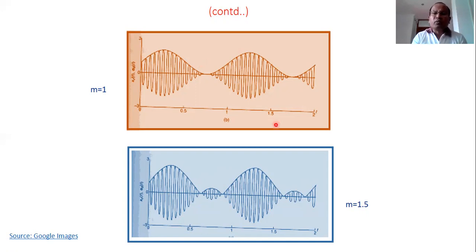Now see the third scenario. When it is 1.5, can you look at here? Interesting thing. Both the sides, they are overlapping. There is an overlap. There is an interference. This overlap causes distortion in the system. In communication systems, in telephonic conversation system, sometimes it results in the form of crosstalk. You are talking to one person, but you are hearing the voice of some other person. You are able to receive the voice of two persons. One is the intended sender, and one is an unwanted, undesirable sender or receiver, you can say, right?